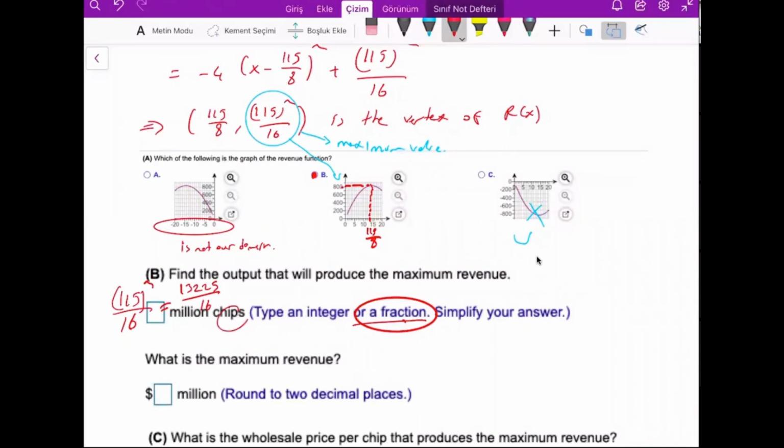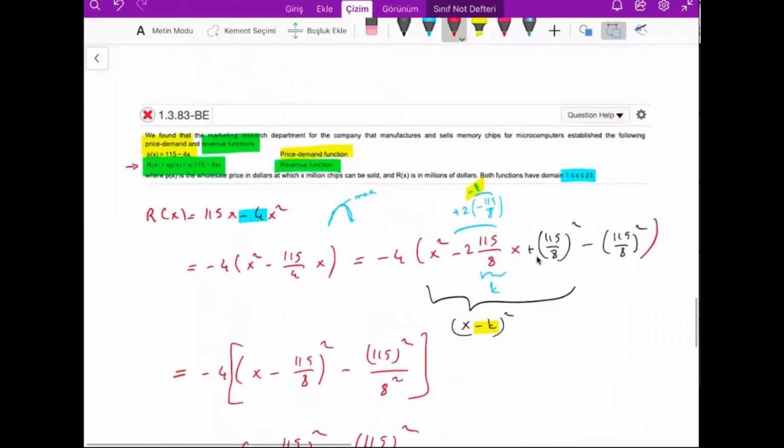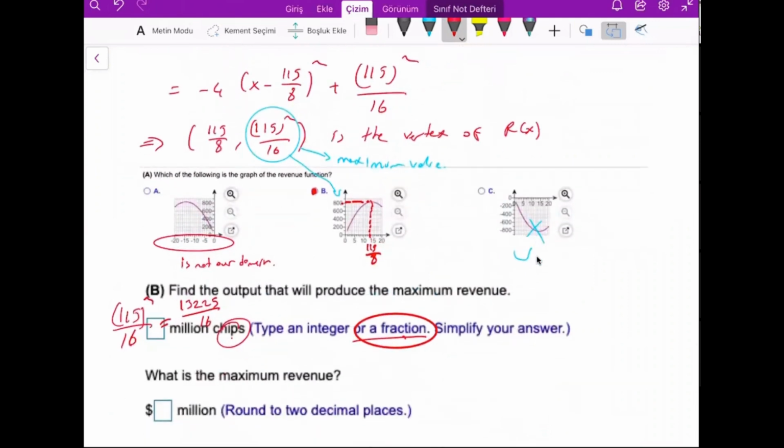Million chips. Okay, so this is the keyword. So this is the wrong answer. X represents the million chips. So we should write the X value here. The output means not the function value here. The output means the demand. So this is the wrong answer. Later we can write this is the part C answer. So the chip number is this maximum value, the value where the revenue is maximum. So the answer of this question is this one, over 8.